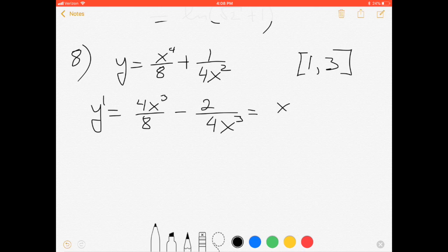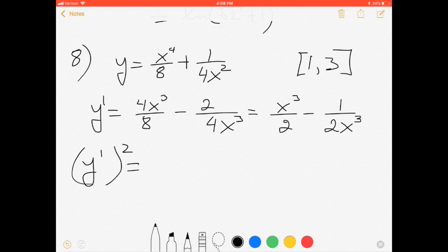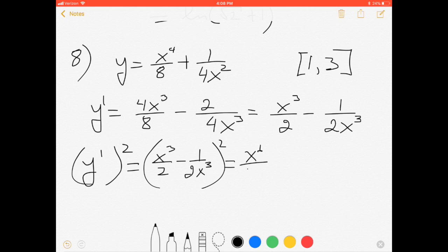Simplify: x to the 3rd over 2 minus 1 over 2x to the 3rd. I need to plug in the square, but maybe I evaluate it before. What will the derivative squared be here? It will be (x cubed over 2 minus 1 over 2x cubed) squared. It gives me x to the 6th over 4